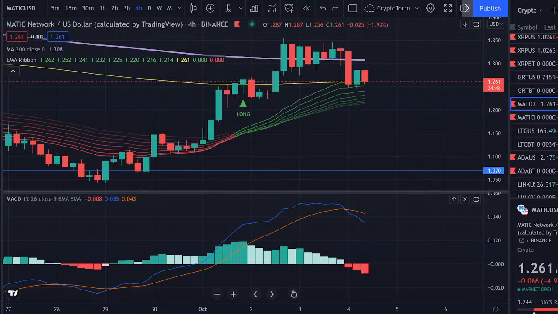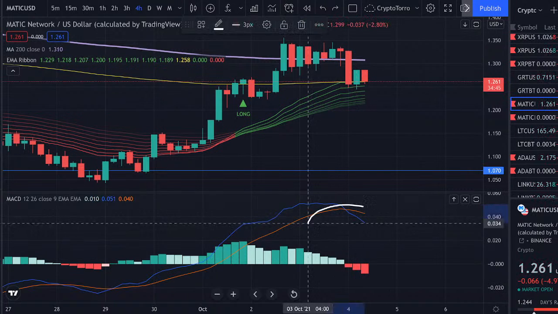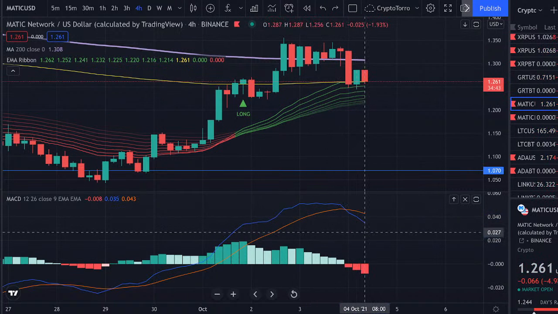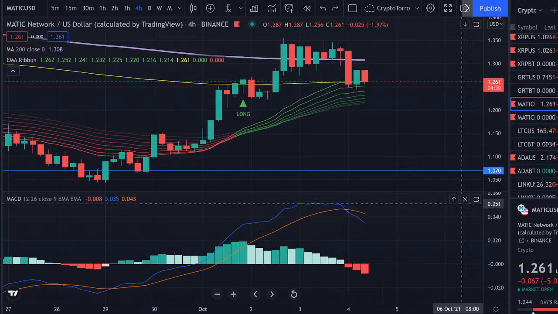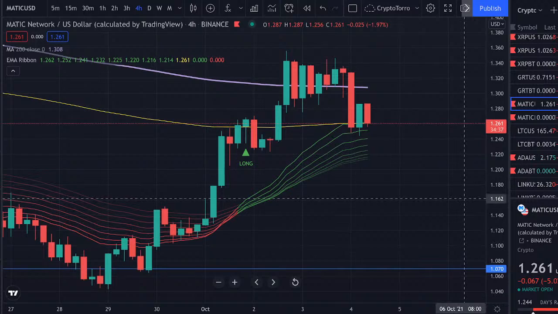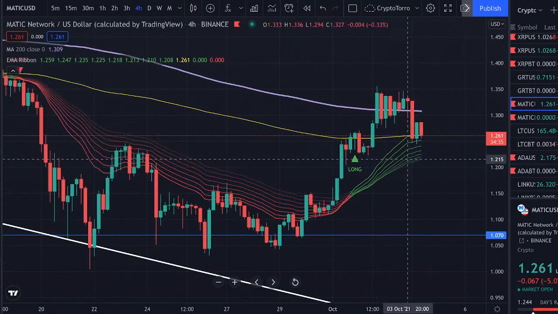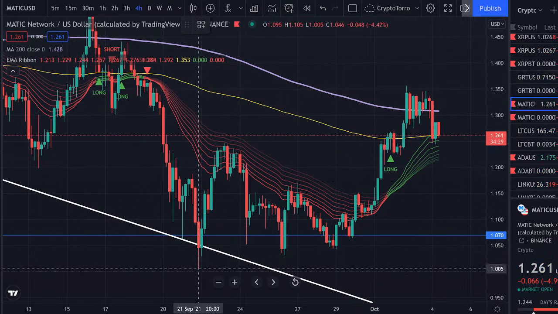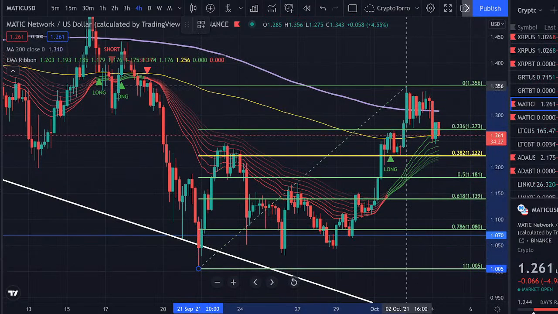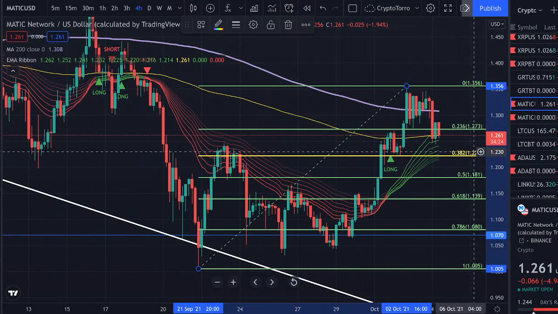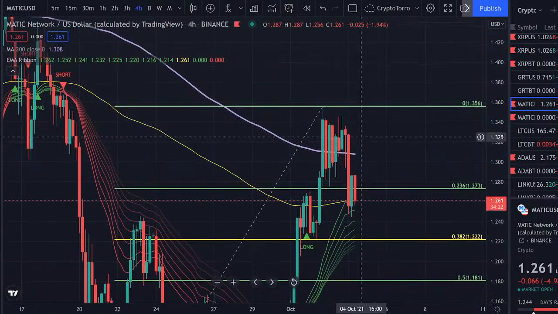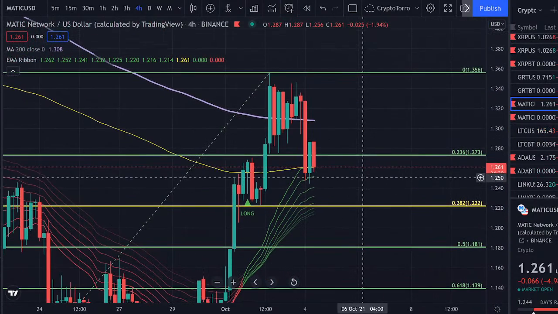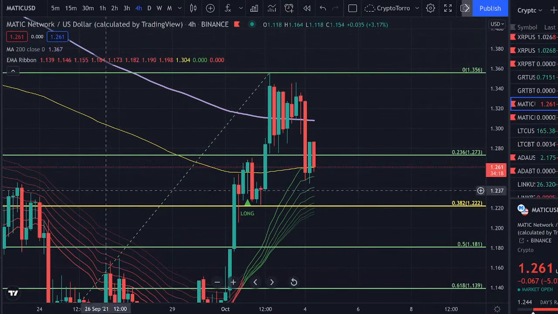As well, on the MACD, you can see that Matic is very probably going to see more momentum towards the downside, as well as on many others, and therefore I would like to take a look at what our possible next target is going to be and where we will be able to find support on top. What does concern me on Matic is that you can clearly see that the 200-day moving average is not serving as a level of support underneath us. We are not going to see a retest occur, and therefore